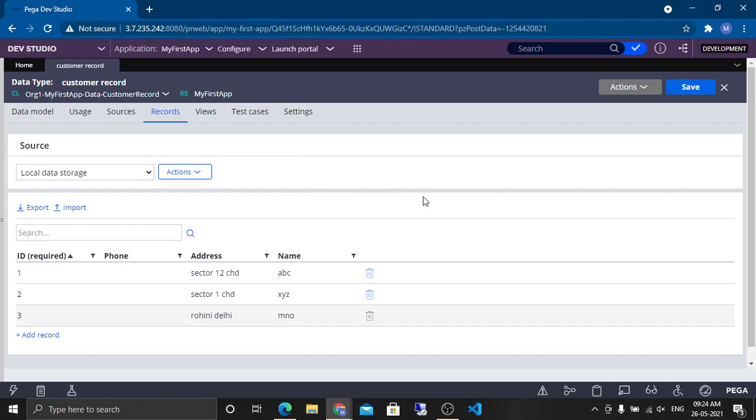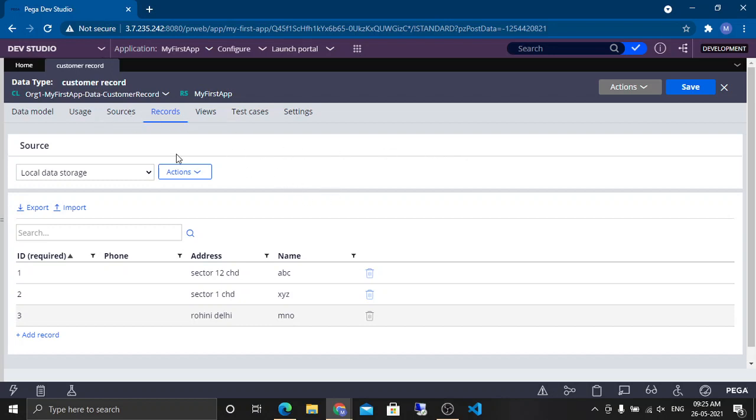Otherwise what we were doing, we were fetching the data and using one work level single page property, and it was basically copying the data from here to there. So it was getting saved, but it was residing in the scope of the case lifecycle itself. I mean, if a leave case has been created, the data that he's updating was for that specific case only, and not for the DB. So how to update the DB using savable data pages? I mean, there are multiple ways, but one easier way could be savable data pages.